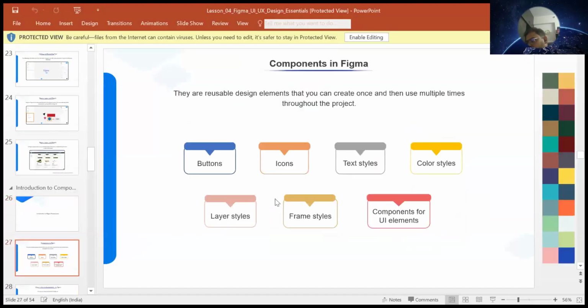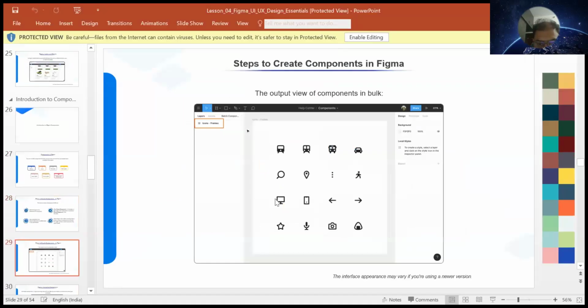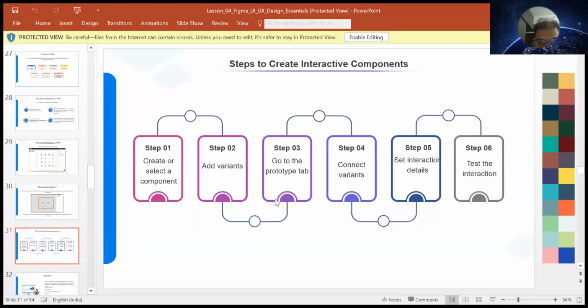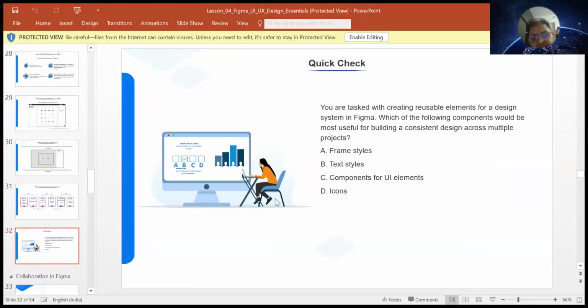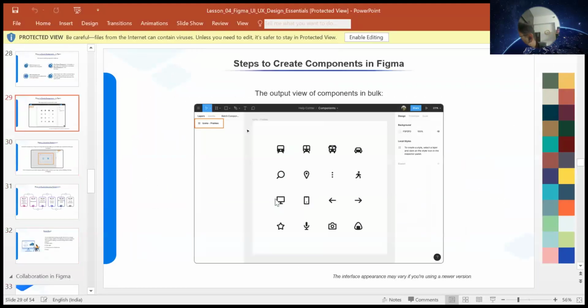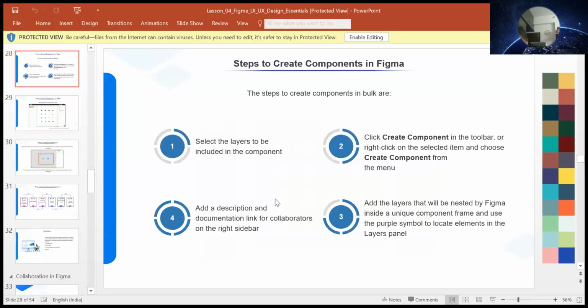Now quickly jump to Figma components. Okay, and after this one, Figma components. After this quick check, we'll take a break. Okay, guys. That's fine. Sahil, these slides are already there in the LMS. You can see that. Okay. So